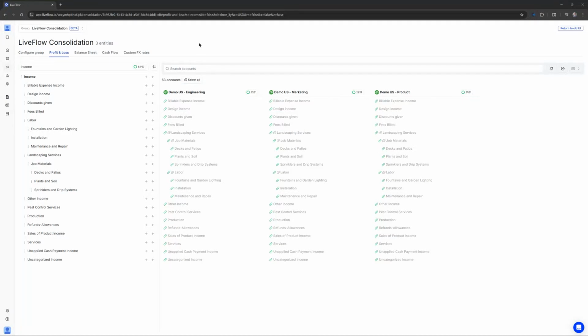Hey there, everybody. Today I'm going to show you really quick how to sort and move your consolidated accounts in LiveFlow. Now to start, after we've added all of our consolidated accounts here, you go to this top icon here